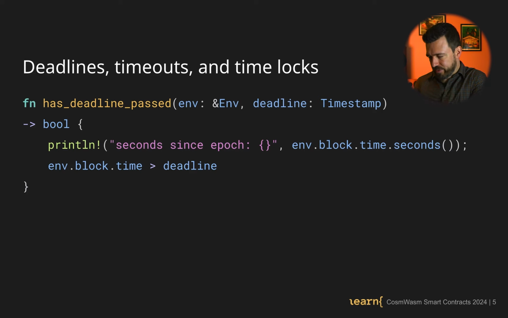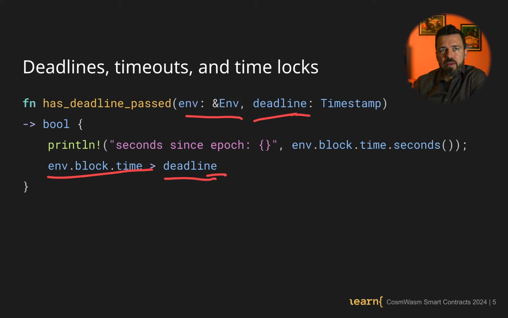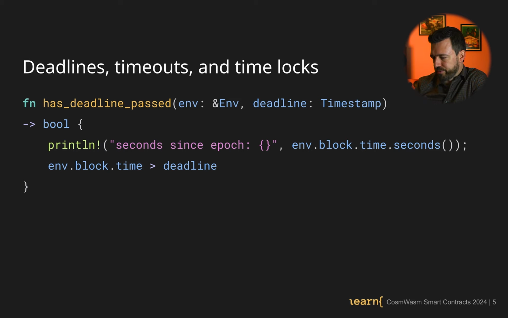You have a function has deadline passed, really simple here, where I pass in my env. I'm not changing it. I can pass it in by reference. And some deadline. Maybe the deadline is stored or calculated or whatever. It's in a proposal. It's in a vesting schedule. And I return whether or not the current time is greater than the deadline. So if the deadline has passed, then this will return true. If the deadline hasn't passed, it returns false. Simple stuff. The print line is really just to add some more clarity, to show you the seconds function, that you can convert this to seconds or handle it in some other way,